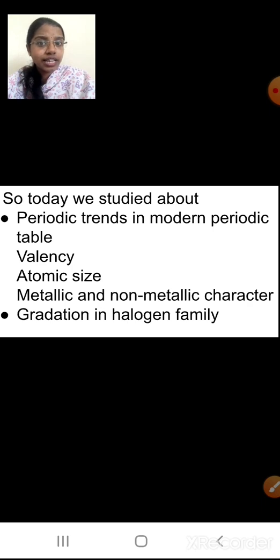Valencies can be asked of the elements, so better make a table of the elements. At least for the first 20 elements, properly write down their valencies and start studying them. Okay, write the atomic number also. I hope you have understood what I taught in this lesson. You will study it again, and basically the periodic table is more important. Try to study that only. At least try to remember the atomic numbers and valencies of the first 20 elements.